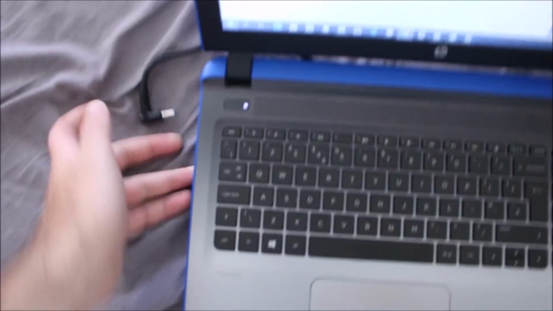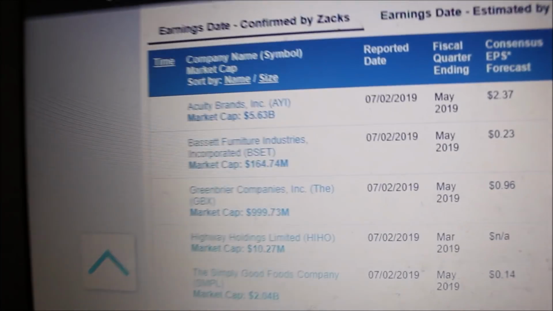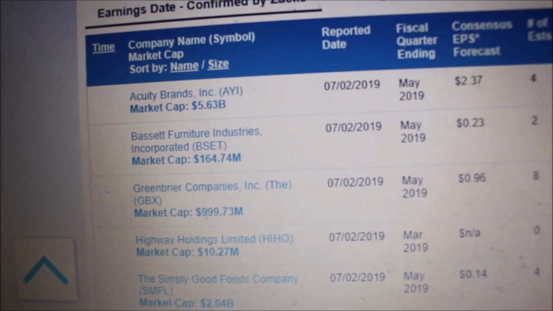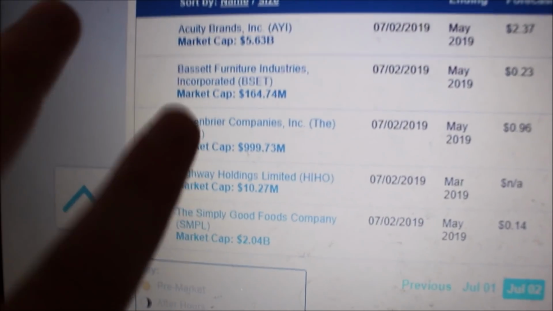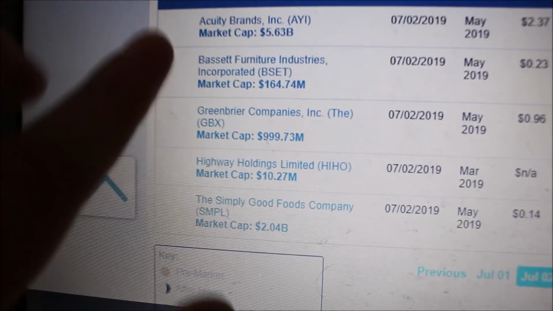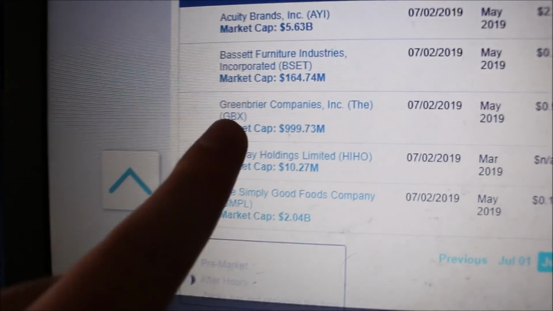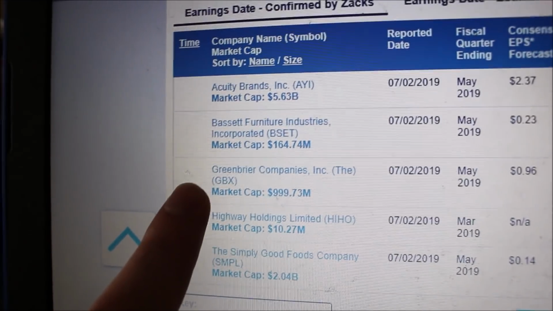The first thing I would do, guys, is come to the NASDAQ website, just like I taught you in this tutorial. In the comment section, I will leave it if you're new, and go through these stocks. These are stocks that have earnings reports, i.e. catalysts. An earnings report is a financial statement a company will release every quarter, and every day we will have a stock release an earnings report.